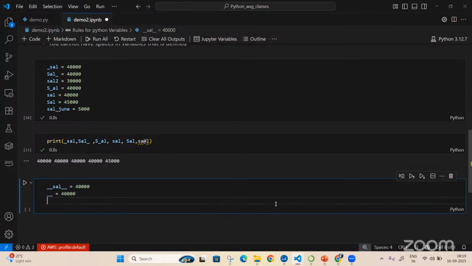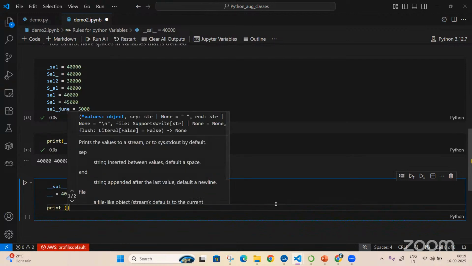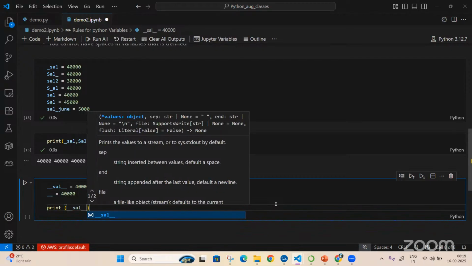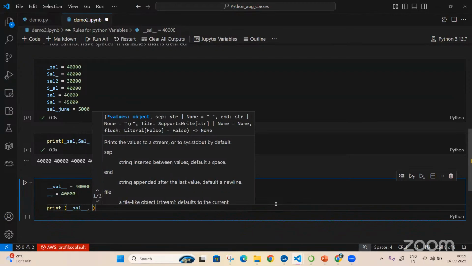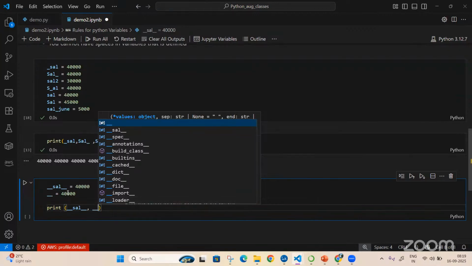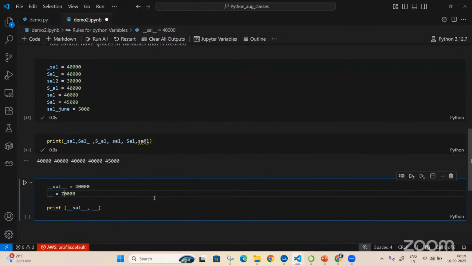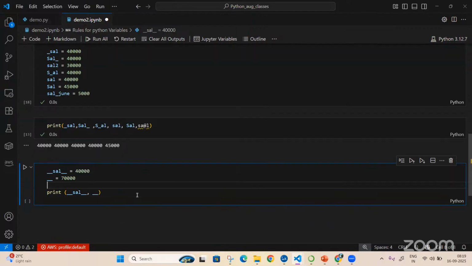Is it valid? No. I'll say val, comma, report sum. Both are invalid? Yes, I think both are invalid.